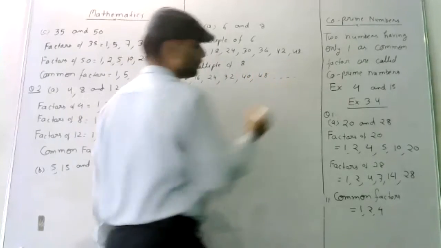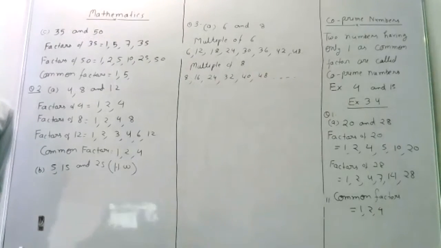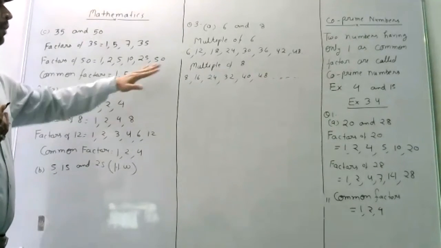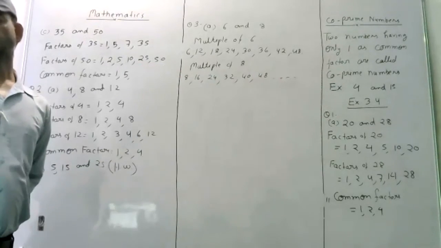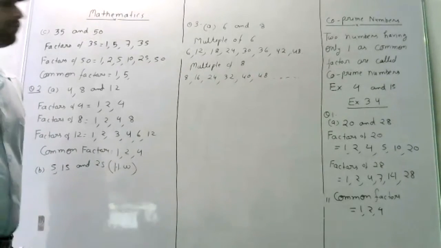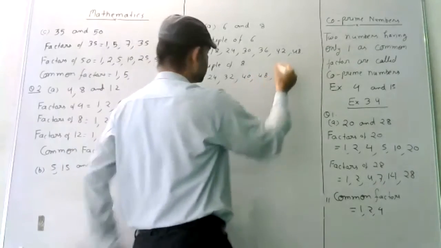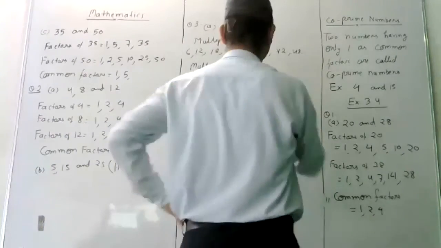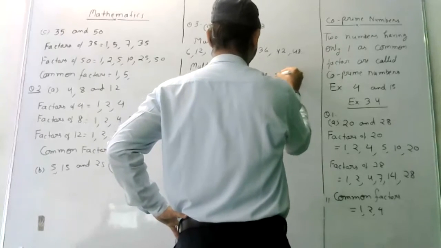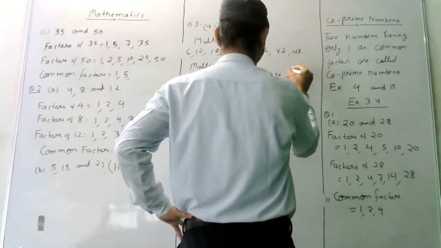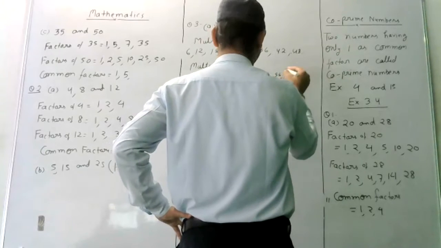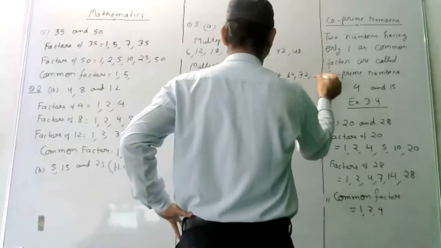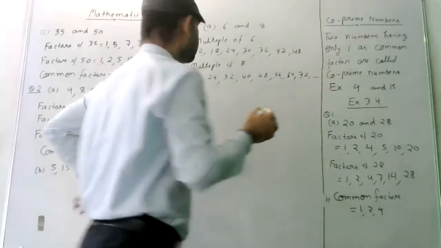Listen students, the common multiple of 6 and 8, here no common, there 48, then 56. Let us extend the maximum number: here 48, 56, 64, 72 and so on, and here